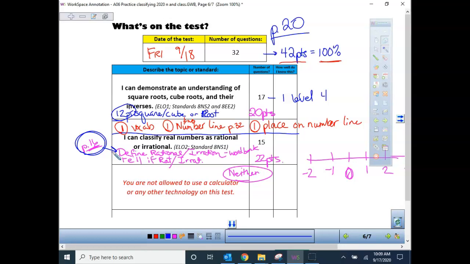Let's see, what else? You are not allowed to use a calculator in any part of the test tomorrow. Okay? There's no calculators on it. So if you don't know 14 times 14, you should memorize that. You want to use the Quizlet to practice it, right? Because you're not going to have enough time to multiply all those things out and try and solve those types